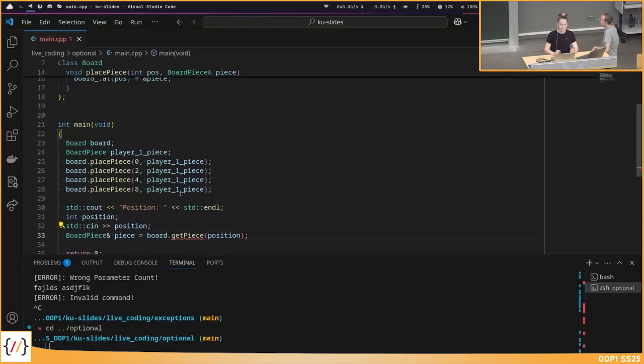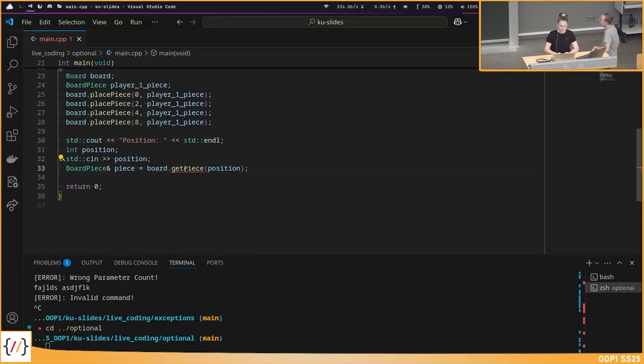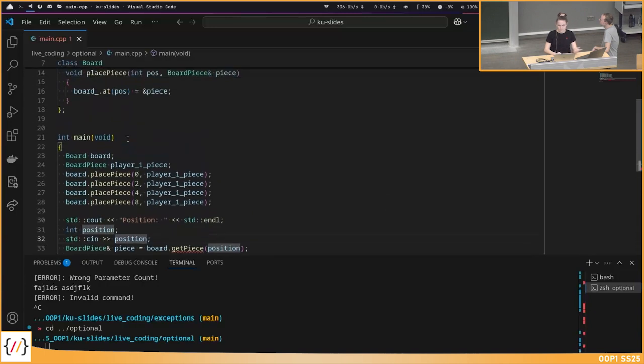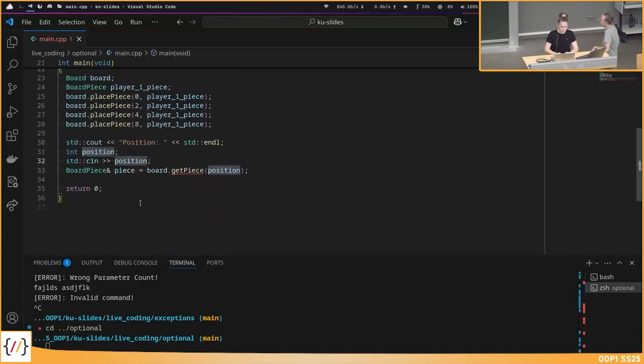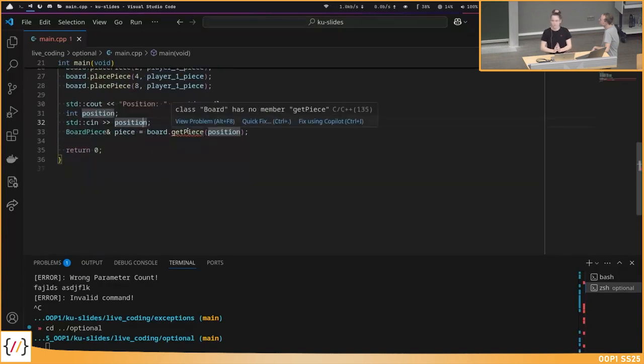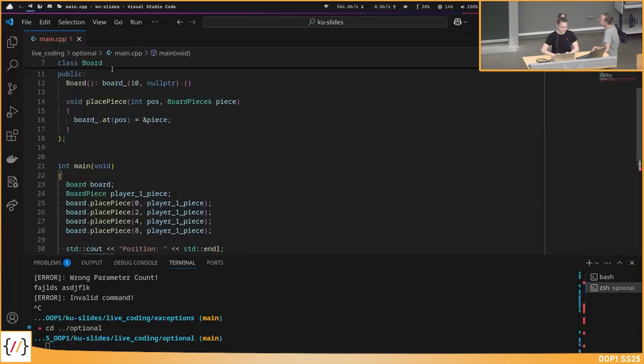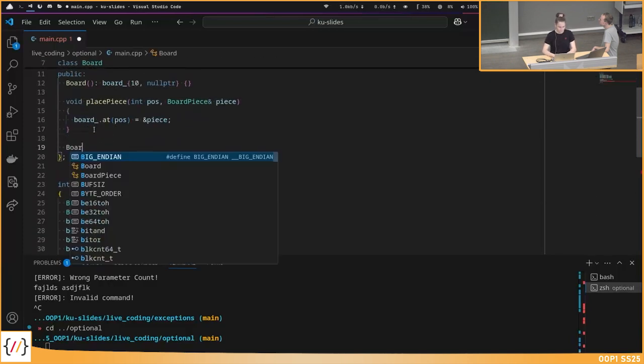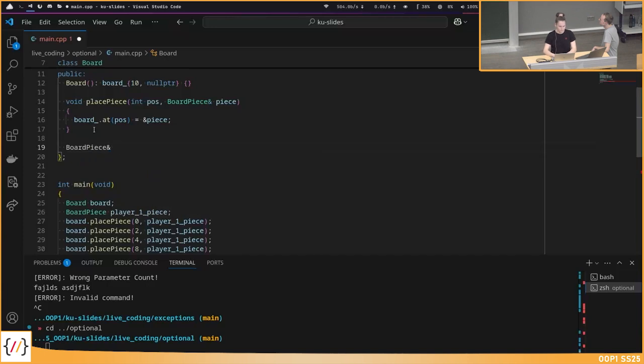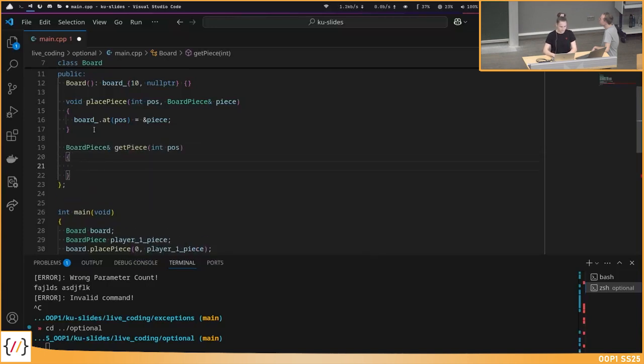So I do not want a pointer, I want a reference to this piece. And this get piece should have some ability to tell me, okay, there is no piece here. And we'll use exceptions for that, because if I want to return a reference from get piece, I can't return a null pointer or something like that. So I'll do something like this.